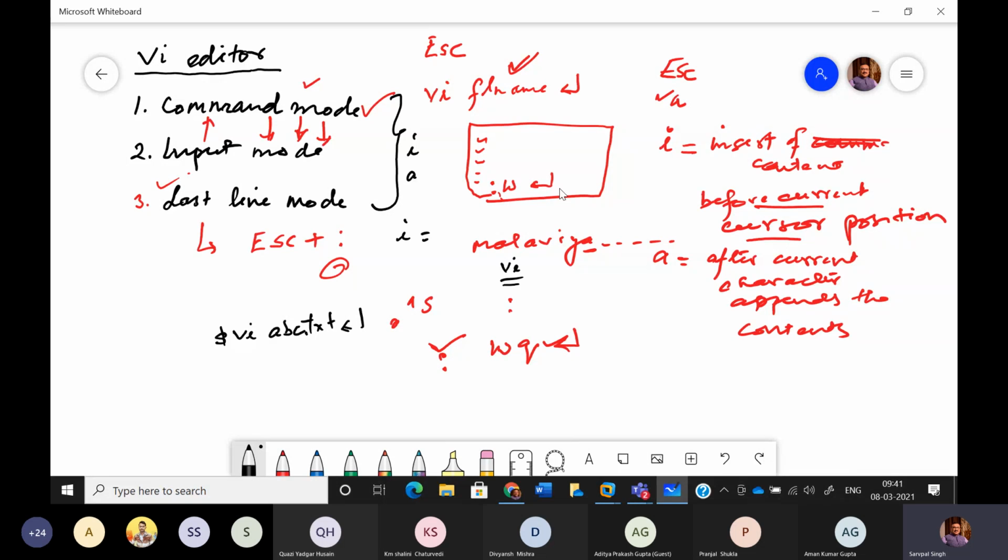एक्चुअली जो लास्ट लाइन मोड होता है इसमें ये एक तरीके से कमांड मोड ही है, केवल इतना अंतर है कि आप एस्केप करते हैं तो आप कमांड मोड में चले जाते हैं, और उसके बाद when you press colon तो you get the ability of issuing the command at the bottom side, तो इसीलिए उसको लास्ट लाइन कह देते हैं, ठीक है। बट वो कमांड मोड में ही, क्योंकि कमांड मोड में ही हम कमांड देते हैं। W is what, it is also a command, we are saving the contents। तो बस अंतर इतना है कि यहाँ पे कोलन डाल के फिर हम क्योंकि कमांड्स देते हैं, तो इसलिए हम कह रहे हैं कि ये लास्ट लाइन मोड है, और इसके लिए we have to use the sequence escape and colon, ठीक है, उससे ये होता है। तो is it clear और any confusion in this?